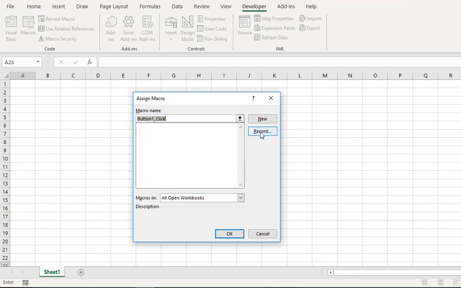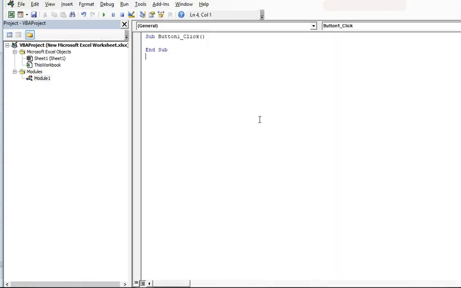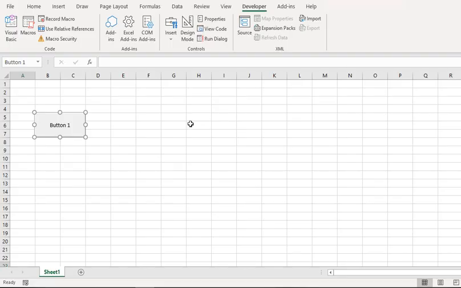Otherwise, you have the option to record a macro or click on new macro, and here you can write the code. So this is the macro for the button one click. So you have all these three options. Now once you come back on the screen, you see that button one appears here, and this button is sufficient to do the basic tasks that a button is required to perform on an Excel sheet.